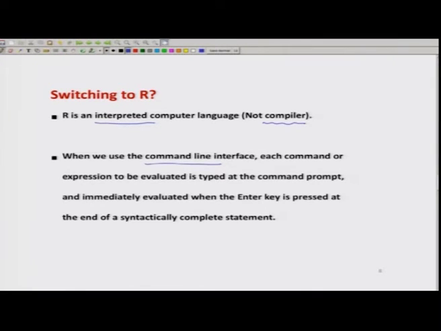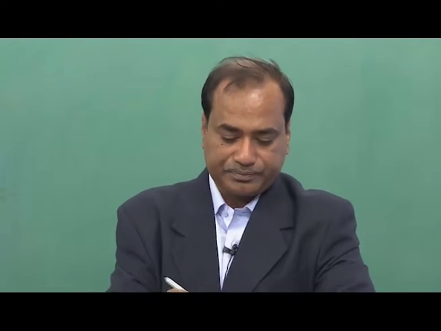As soon as we type a command and press the enter key on the keyboard, the program is executed. That's a very simple thing: if you do not want to write the entire program, but only a one-line statement, you simply type it and press the enter key and the program will be executed.